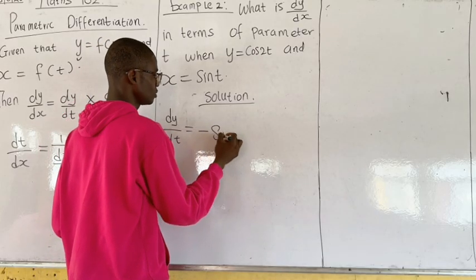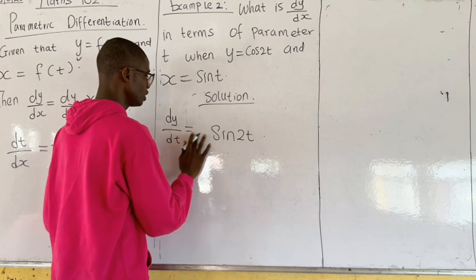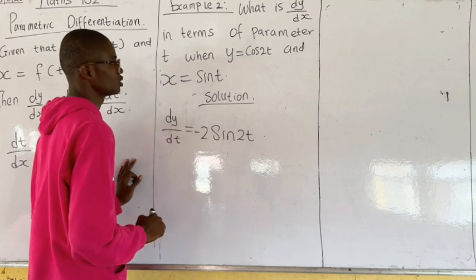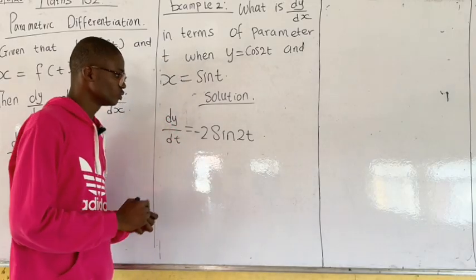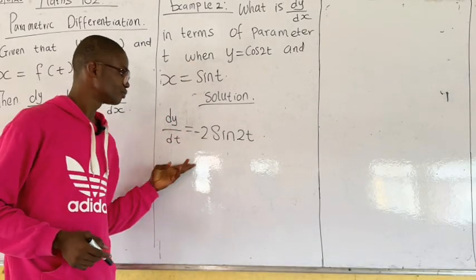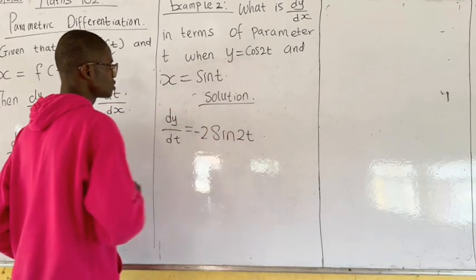Minus sine 2t. Is that right? Wrong. Yes, minus 2 sine 2t. So if you have not watched my video on differentiation of trig, you should watch that. So now we'll have this. So let me explain